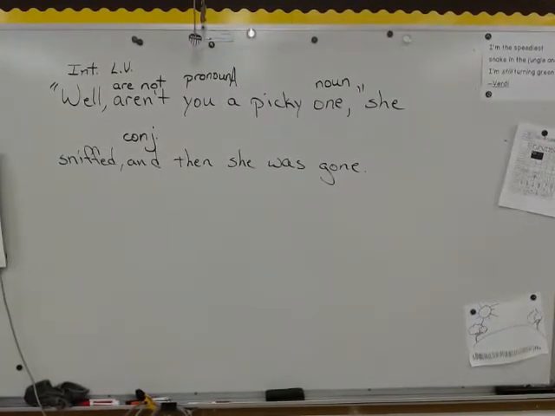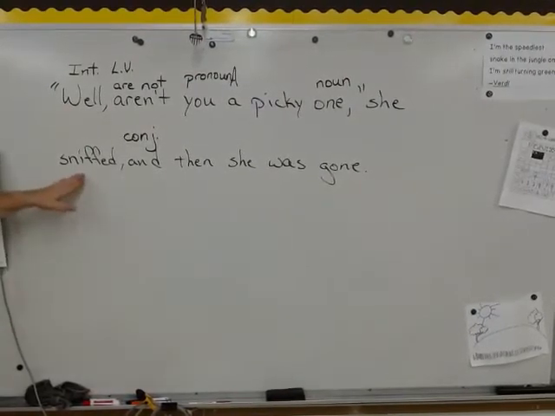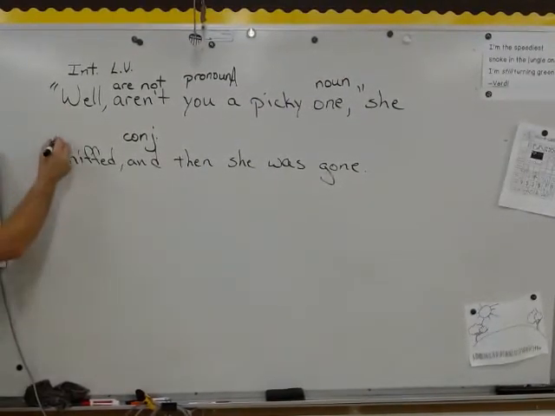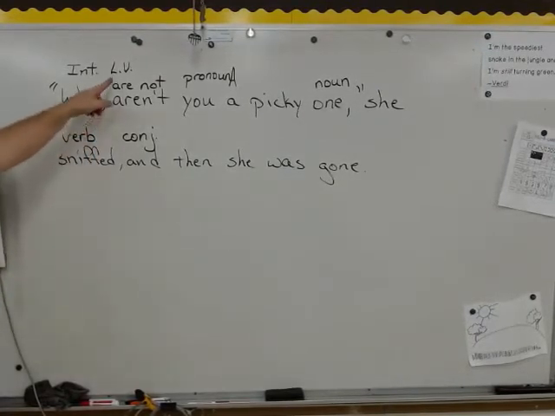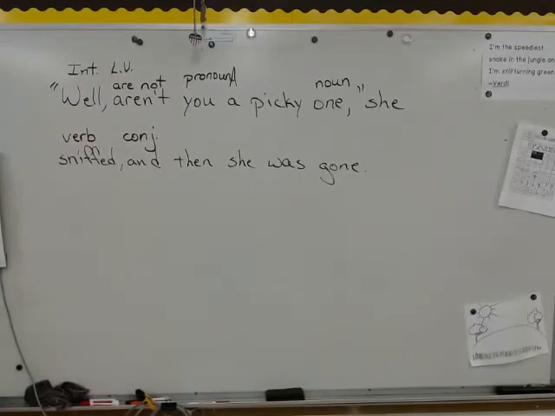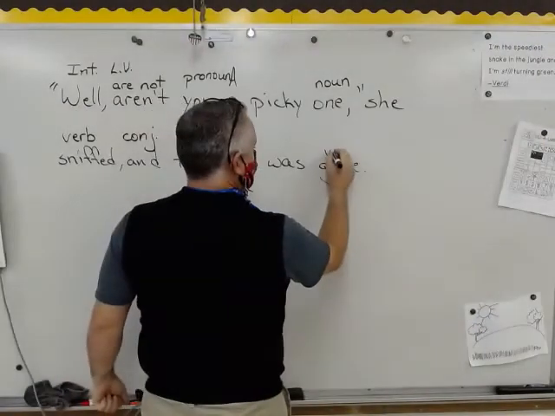Anybody have another one? Go ahead. A action verb. Okay, where? Sniff. Okay, sniffed is, we can just put it as a verb. We'll assume if we just put verb, that it's the action kind of a verb. We'll mark it if it's a linking verb or a helping verb. Okay? Alright, so far you guys are doing a good job here. What do you have? Gone is a verb. Which one? Gone. Gone, and then she was gone. Correct. That's a verb.